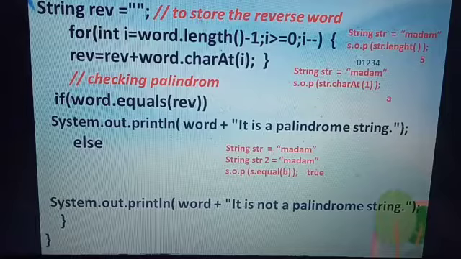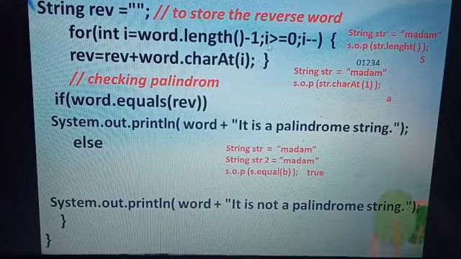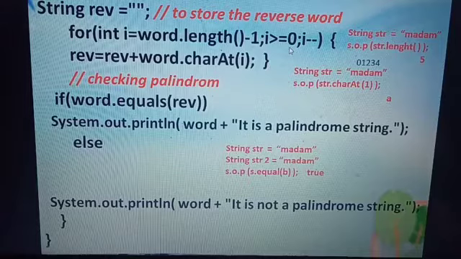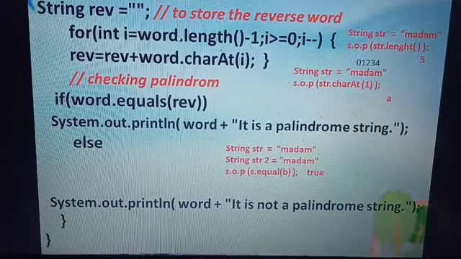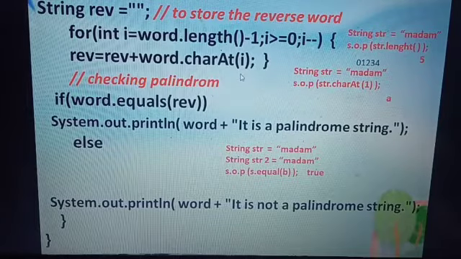Now after that you will get, suppose i is what? I is equal to word.length, then i is greater than 0 is correct. Then i minus minus. Then come to the reverse. Our reverse, what was that? rv plus word.charAt(i). Now see the i, what was that? M was there. So you'll get the m. Likewise you have to reverse that word. All the characters you have to add. Then you get the reverse word.